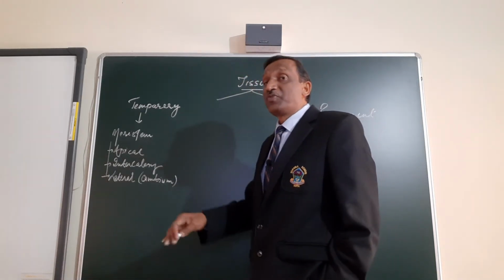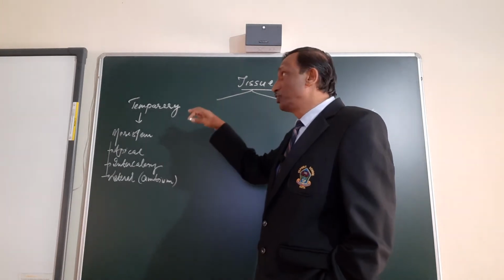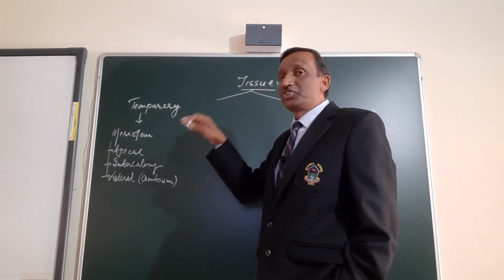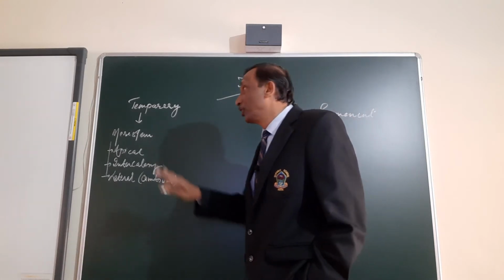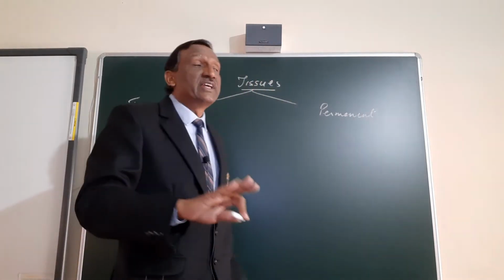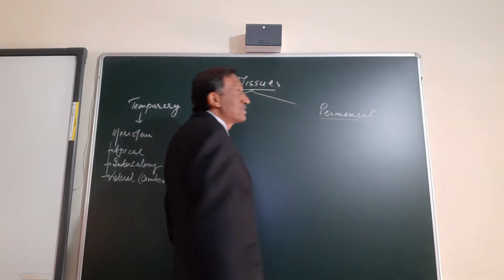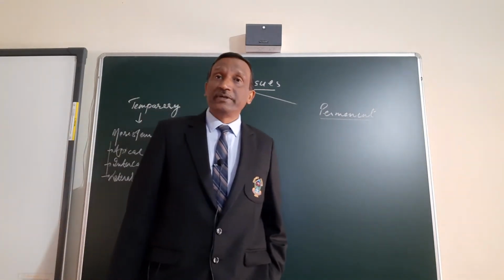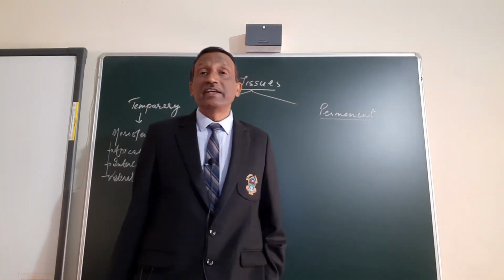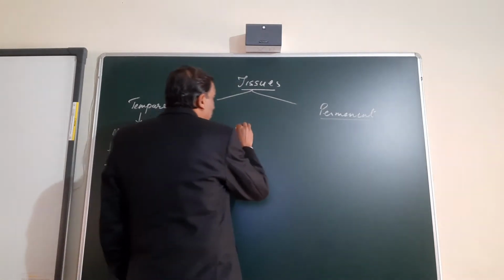After that he will come and he will perform his function. So those who are performing a similar kind of function for a long duration are called permanent, and those which are carrying out a particular task for a short duration are temporary. That is in the general language we are talking about. So temporary ones will lose their ability later on. Permanent tissues are those which have lost their ability of cell division and have become permanent. Now they are not changing their role. Whatever role is given to them will remain that way only.